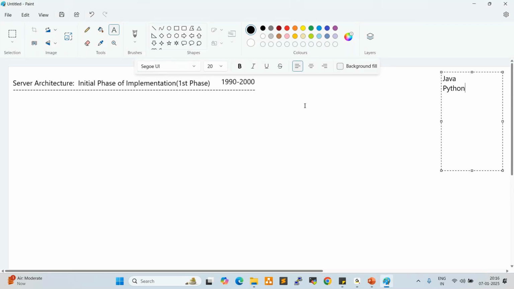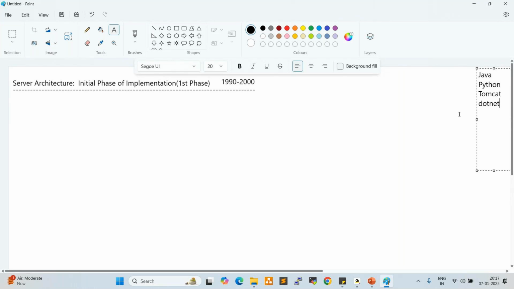Yeah. So here we have 4 applications: Java, Python, Tomcat, and also another application, .NET, right? So 4 applications are available here. In the 1990s and early 2000s, the project teams used to design the servers so that for each server, they used to design one application.